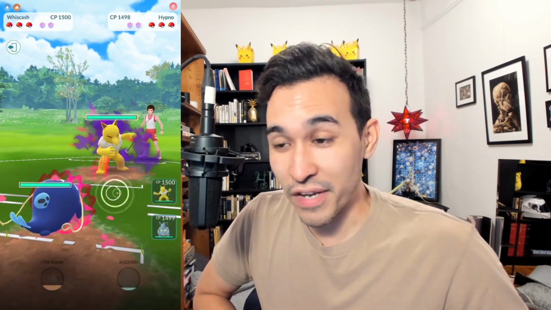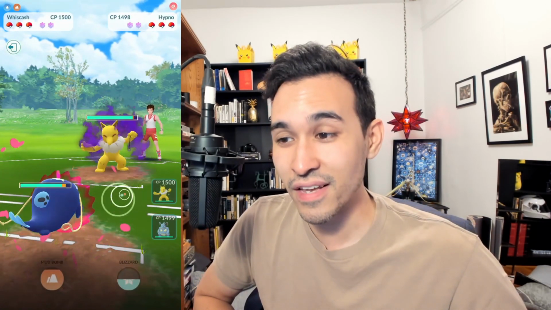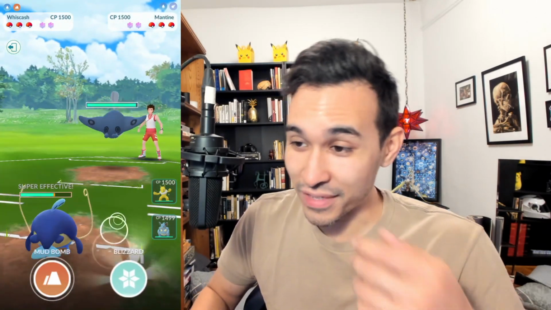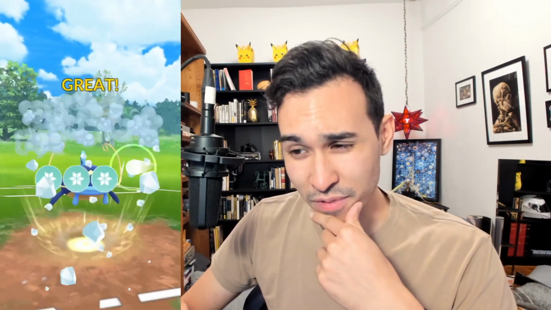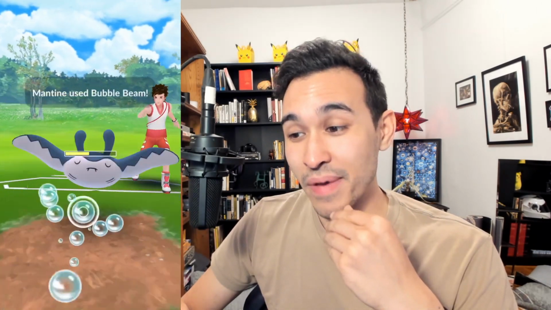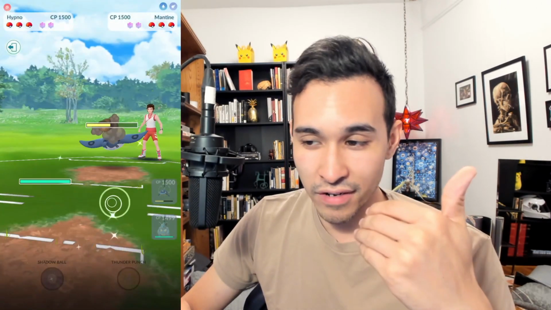So this team opens with Whiscash. Whiscash is one of my favorite Pokemon because it is so cute. I don't know how anyone can not love it. Probably being on the wrong side of its mud bomb spam put a lot of people off from it, but I mean, look at that face. My gosh, it's amazing. But yeah, so opening with Whiscash, and in the back I have a Nidoqueen, non-shadow, and